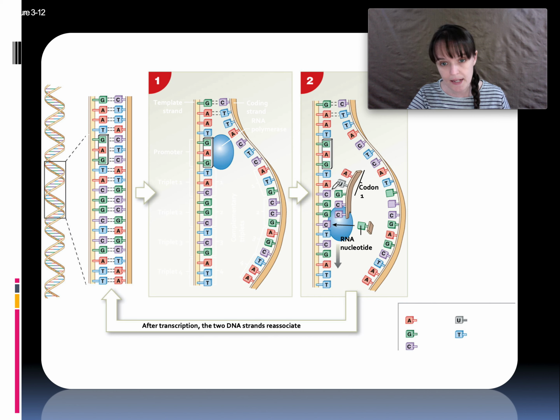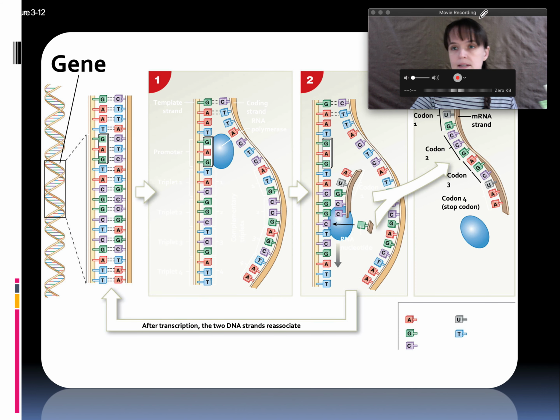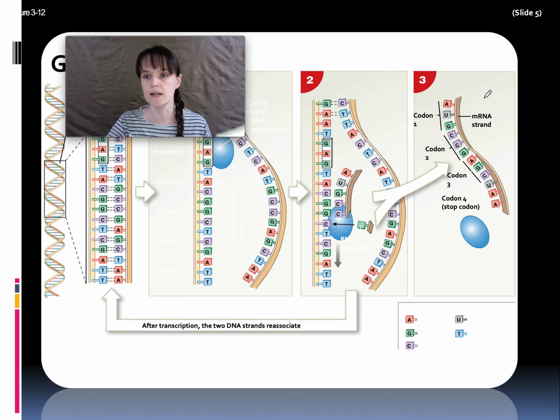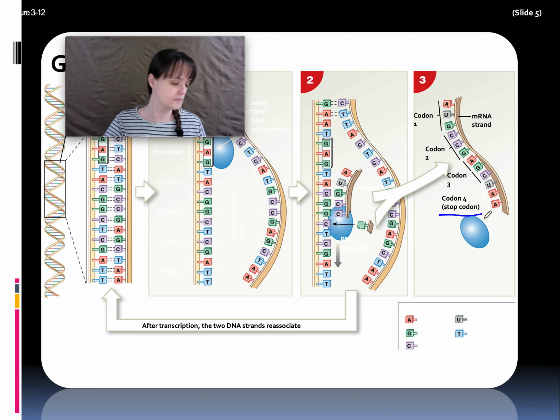T binds to A binds to U, because we're DNA to RNA rules now. C binds to G binds to C, G binds to C, C binds to G, and so on and so forth, until, number 3, you hit the stop codon, which tells you to stop. At the end of the gene, the RNA polymerase and the mRNA strand release